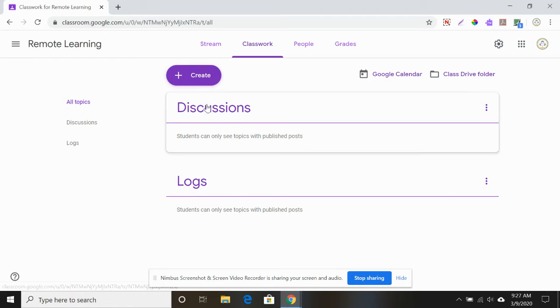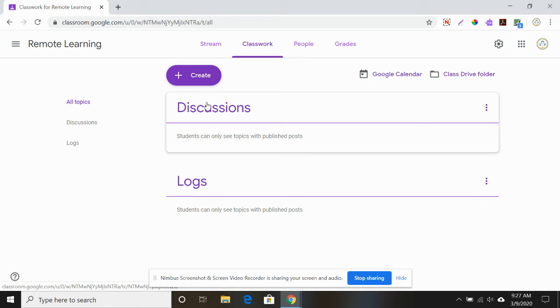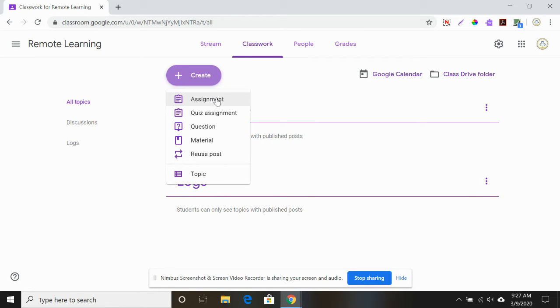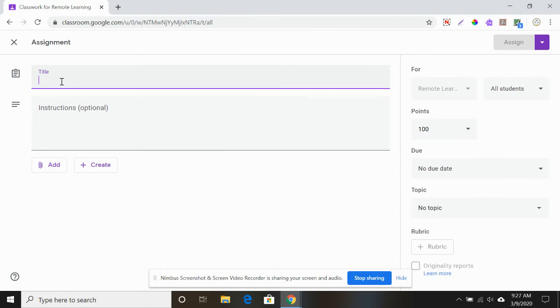Okay, the next thing I'm going to do is actually create an assignment for one of these. So let's say under create, I'm going to create an assignment, and that's going to be for my logs. So I want to create a log, a reading log. Click create assignment. So it says add or create materials within your assignment, add or create docs, slides, sheets, drawings, and forms. So I can title this, maybe this will be